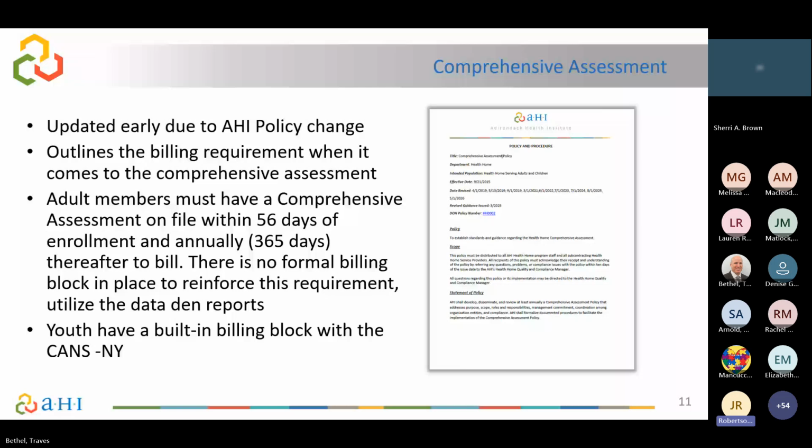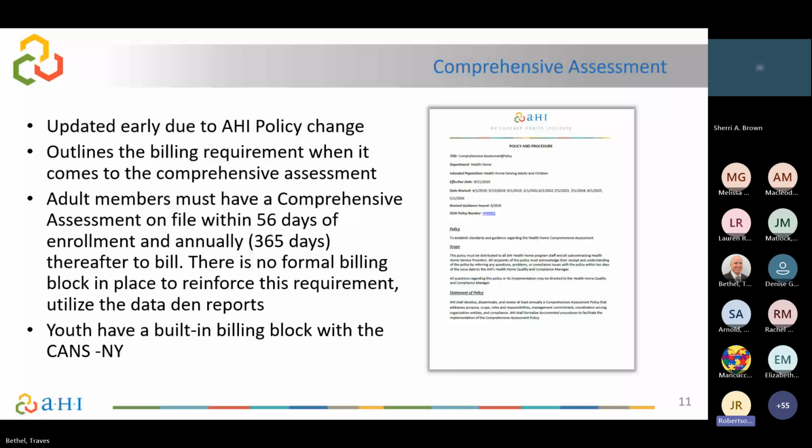DOH is aware that there is no billing block in place. We have had conversations with them. They stand with OMIG's stance that the comprehensive assessment must be up to date, that aligns with your core service that you were given, plus all of the other billing restrictions that we must have in place at that very same time of that core service. So there is no billing block, but you do have to make sure that you maintain an active, up-to-date comprehensive